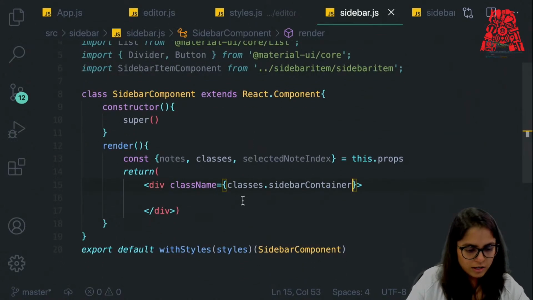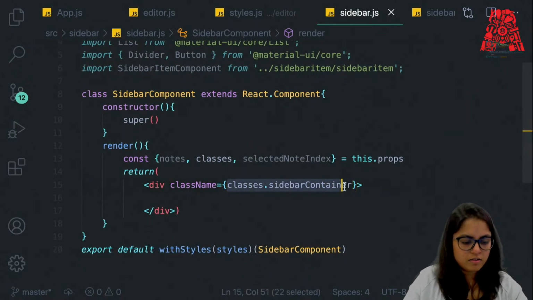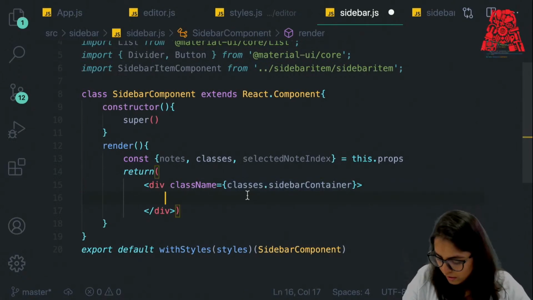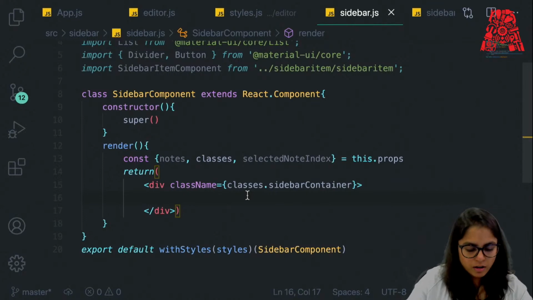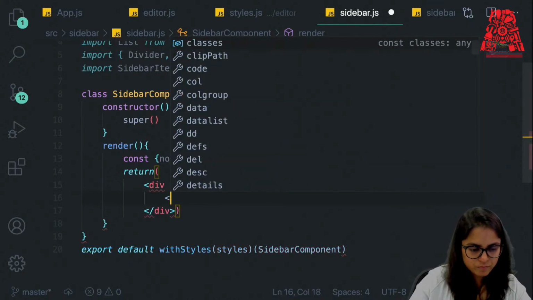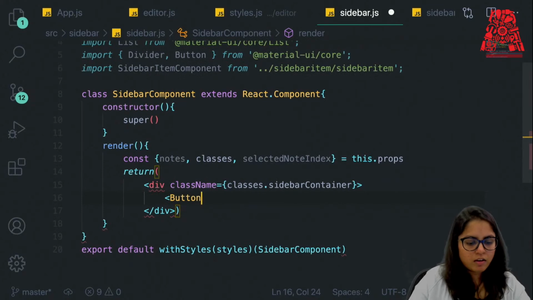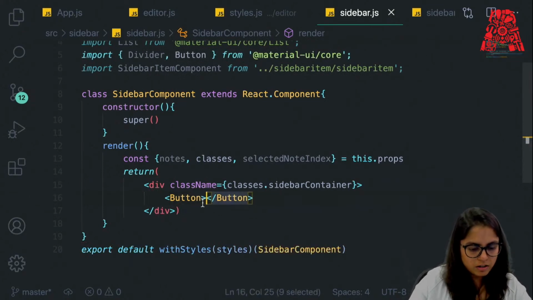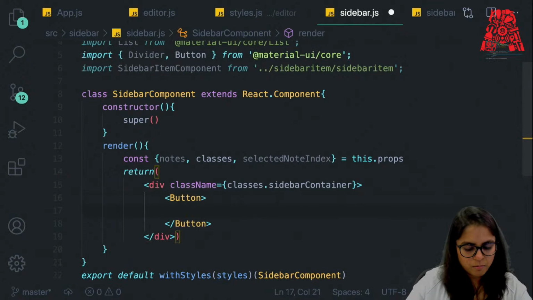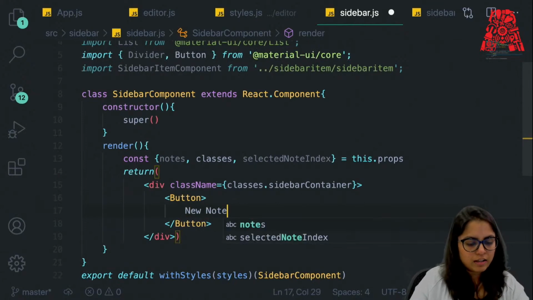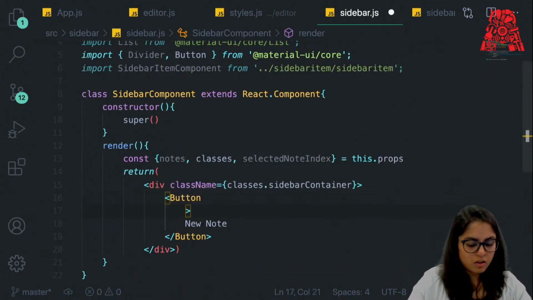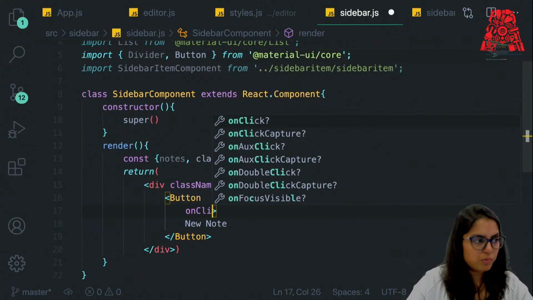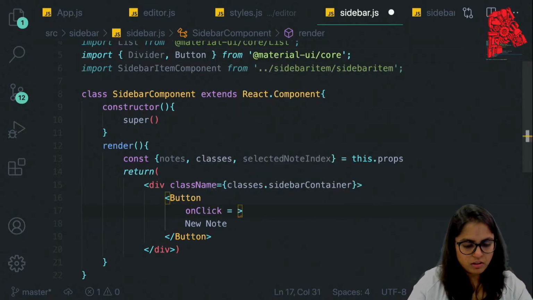But for now, in the sidebar, sidebarContainer is the name of the class. We call in a button, and we need a button because we want a button that, when clicked, will create a new node. So on click, we call the new node function, this.newNode,